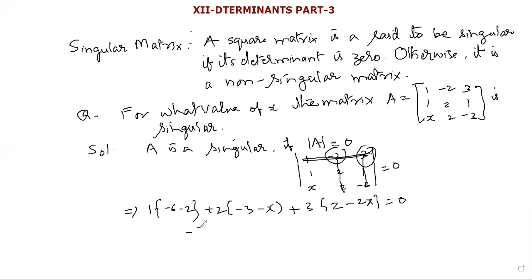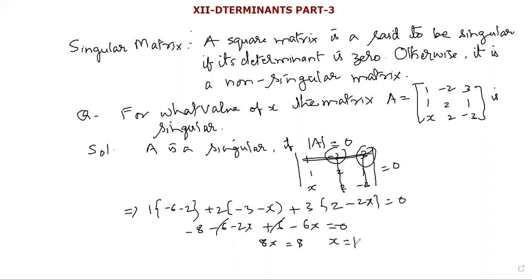So minus 8 and 2 will be multiplied. Minus 3 times 6, minus 2x plus 3 times 6, minus 3 times 6x is equal to 0. Minus 6 plus 6 cancel. Minus 6x minus 2x is minus 8x. So 8x is equal to 8 and x is equal to 1.